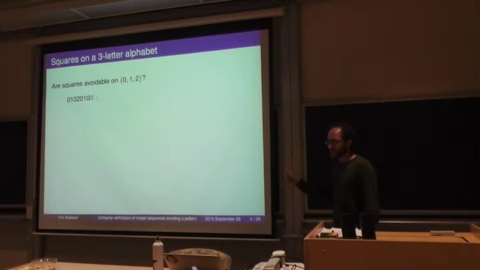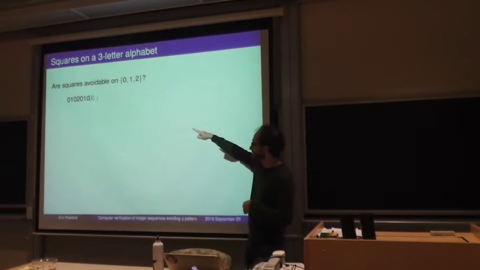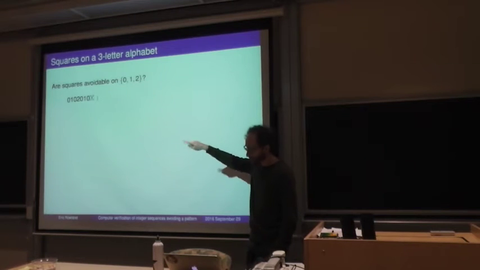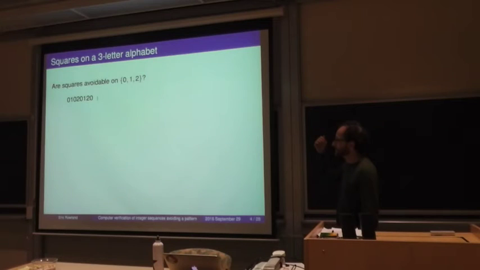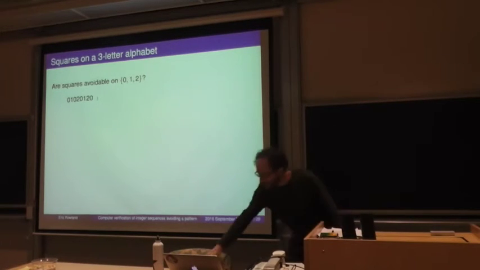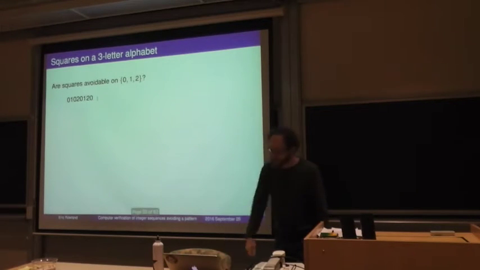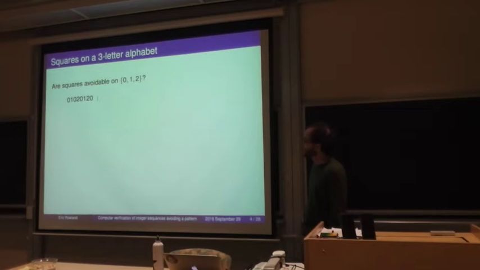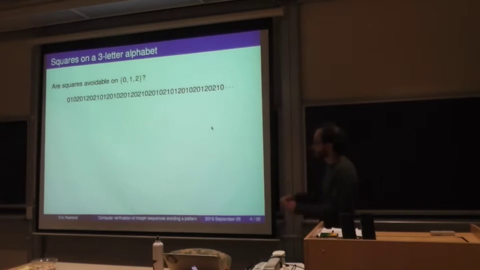But we didn't exhaust all the possibilities. Maybe one of our choices previously was not a good choice. So now what we do is we say, okay, this 0 that we just put down on the previous step, maybe that was a bad idea. So let's go back and change that. We can't put a 1 there, but we can put a 2 there, and that's what we've done. I'll show you the transition. So that's what we had before. So we're deleting that 0 and replacing it with a 2, and now we're fine. And so you can keep going, and you build this long word.